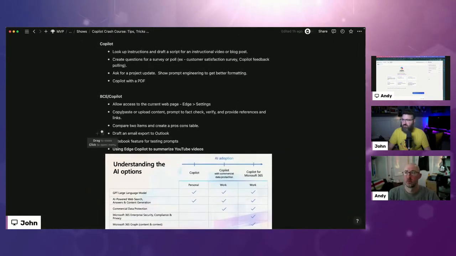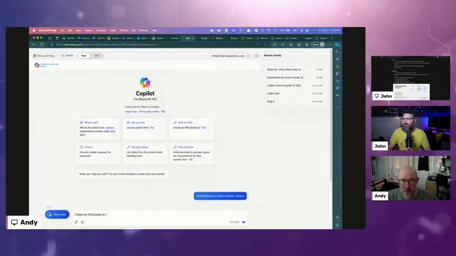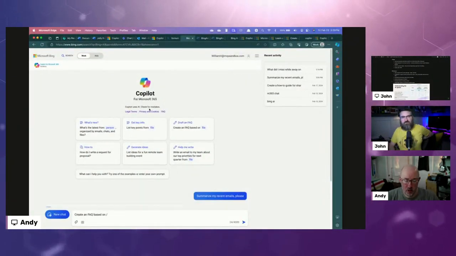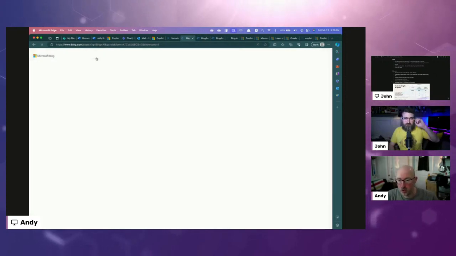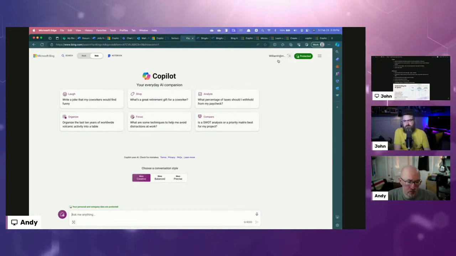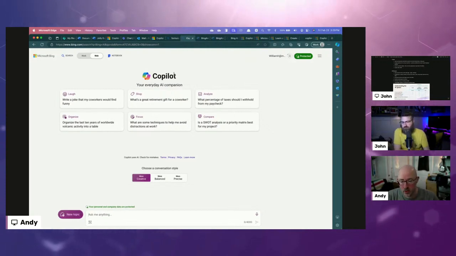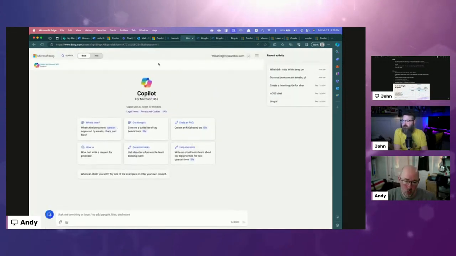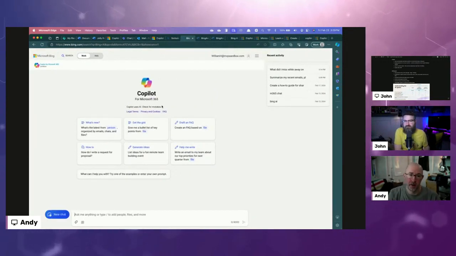On to Copilot. So transitioning, we're moving to Copilot for Microsoft 365. This is the work tab, but we're going to go back and forth between work and web. Web is Copilot for Enterprise, formerly known as Bing Chat Enterprise, and then the work tab is the Copilot for Microsoft 365. In my opinion, this is the most powerful Copilot experience that we have, because this one